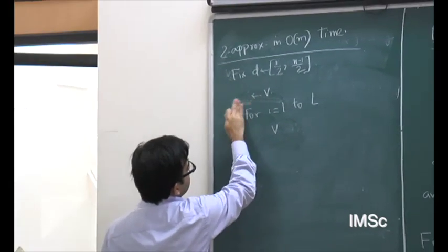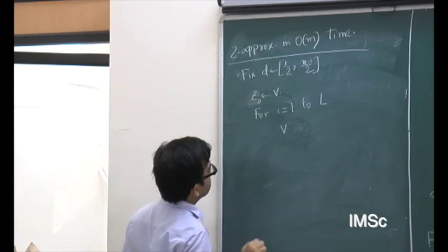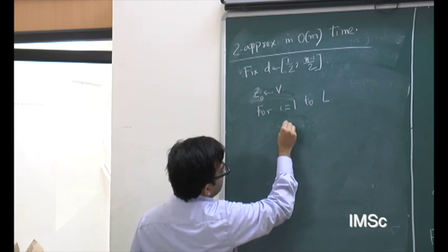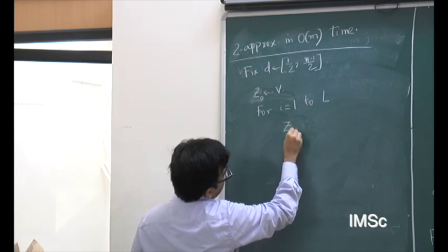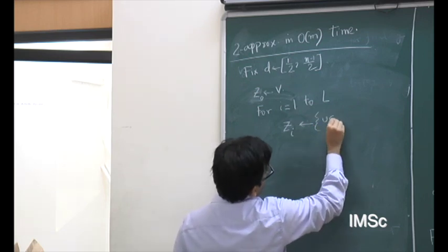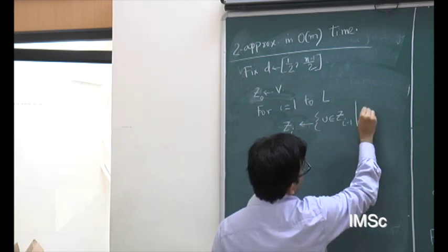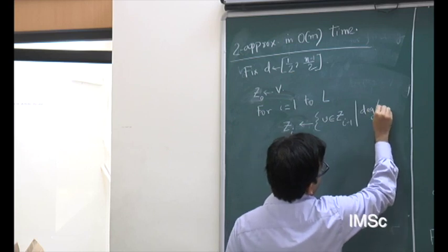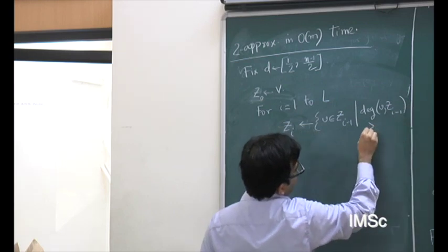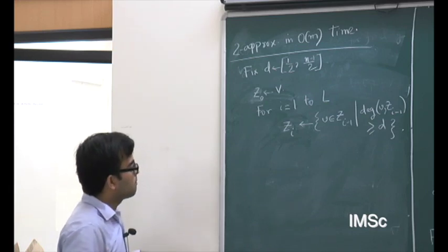Z0 is equal to V, and Zi is the set of nodes in Zi minus 1 such that